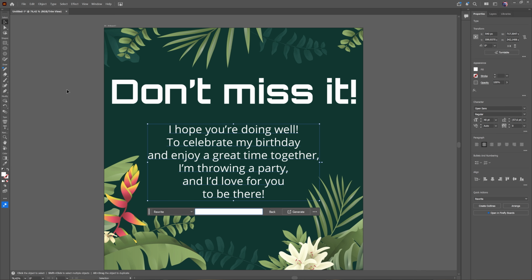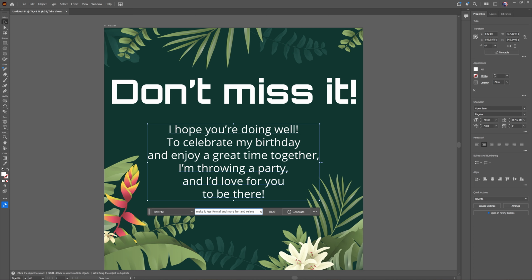And when you choose Rewrite, you get this contextual taskbar which lets you fill in a prompt, or you can leave it empty if you just want to rephrase your selected text automatically, or give it a prompt to make it more your style or the style you're looking for. And do keep your prompts short and specific, makes it easier. So let's say we're going to go for: make it less formal and more fun